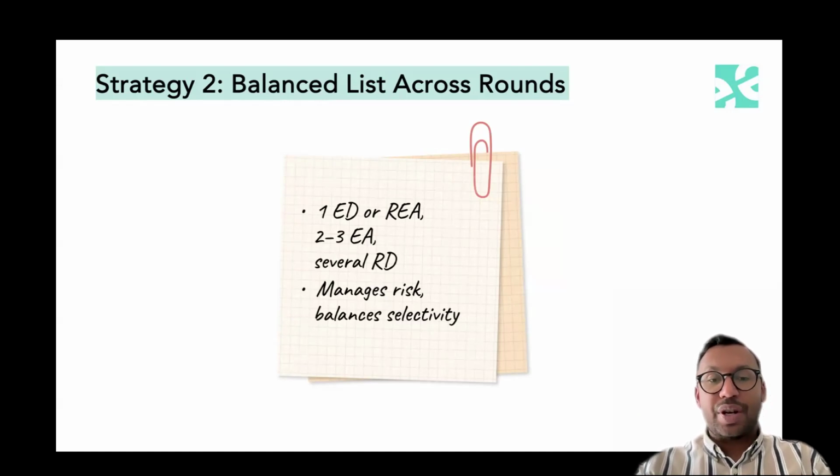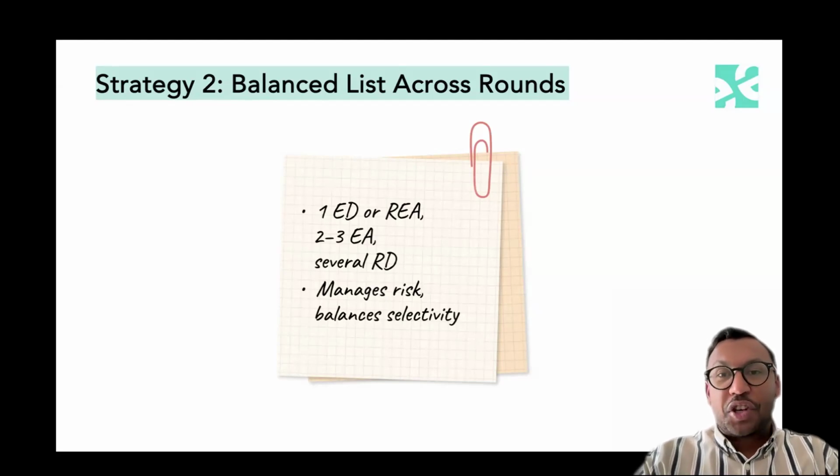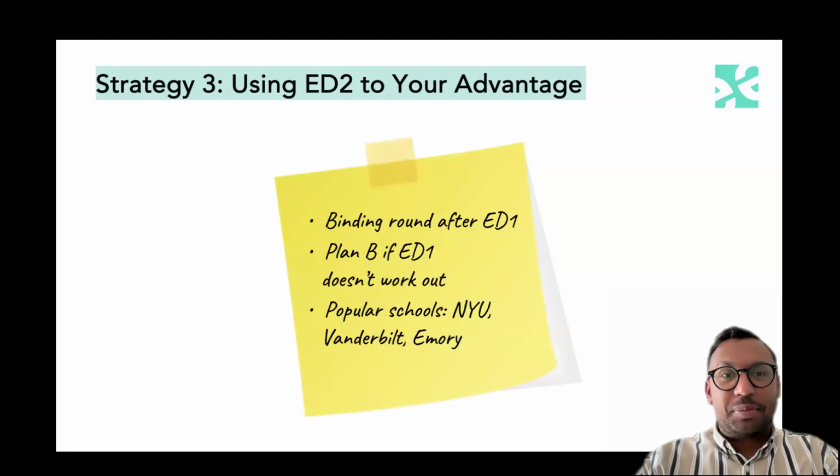I would oftentimes encourage students to think about their school list and the most desired or number one school that is still feasible, perhaps doing that early decision or restricted early action, focusing on target universities for early action, and then being a little bit more flexible and balanced in terms of both highly selective and target schools within regular decision. And this is really a balanced approach that students and families can use when selecting universities.